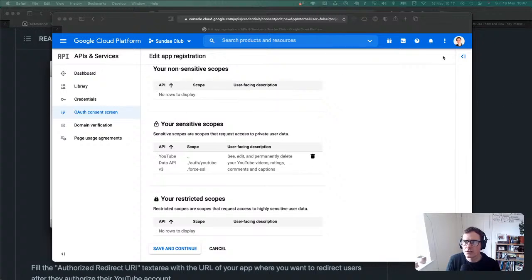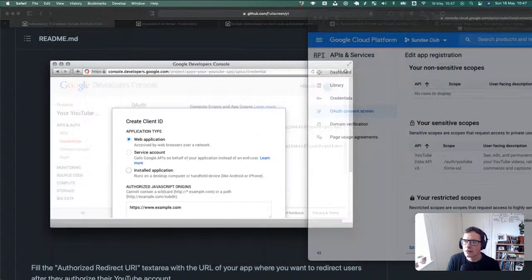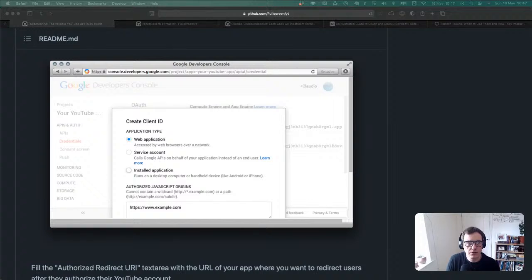So I'm just gonna move this back onto the other screen in case something super secret pops up. Oh, test users. While publishing status is testing, only test users are able to access it. Only allowed users. Add users.